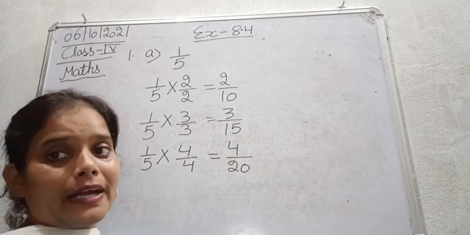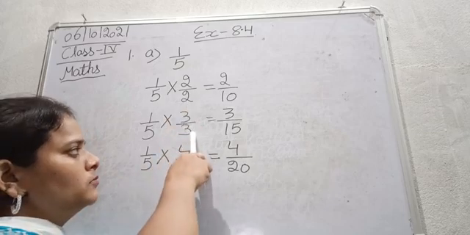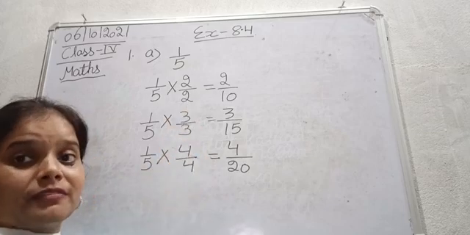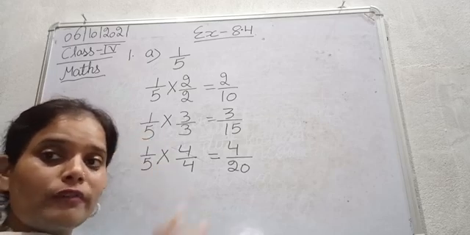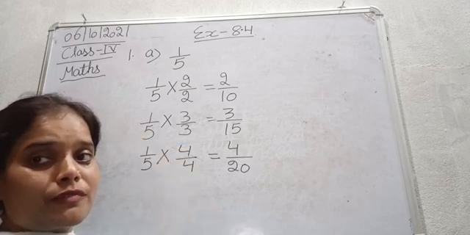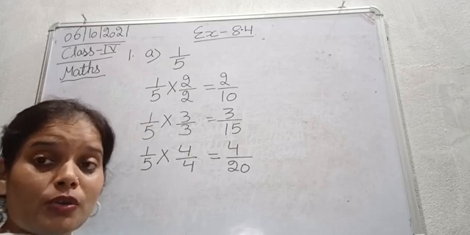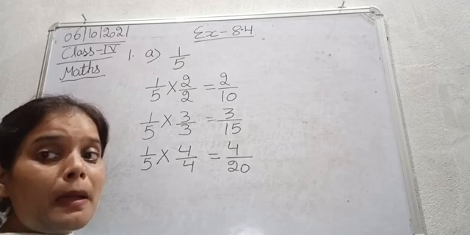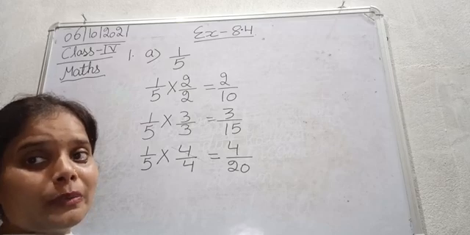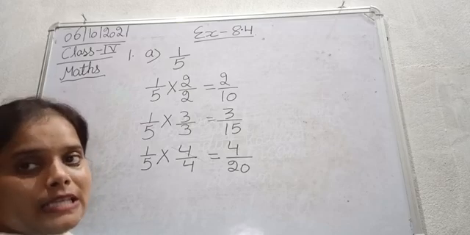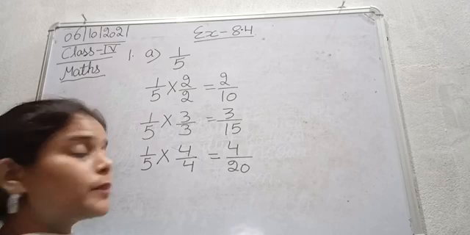So we have multiplied the given fraction, that is 1 upon 5, with 2, 3 and 4. That doesn't mean that you have to multiply in a series. इसका मतलब ये नहीं कि आपको 2, 3 और 4 से ही मतलब सीरीज में 2, 3, 4, 5, 6, 7 ऐसे मल्टीप्लाई करना है. You can multiply it with any number. आप चाहो जिस मर्जी नंबर से इसको मल्टीप्लाई करिए, but make sure that you multiply both the numerator and the denominator with the same number. So the question was that we had to find the three equivalent fractions to 1 upon 5.